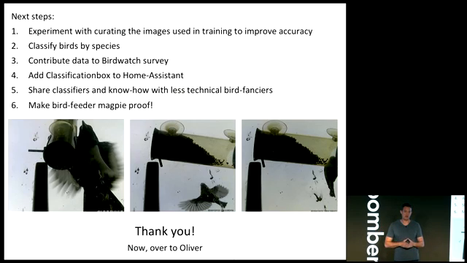Finally, I need to make my bird feeder magpie proof, because I've had a real problem recently. Magpie has discovered that it's too big to actually get on the bird feeder. So what it does, it clings on with one leg and sort of scrapes up the window with the other leg and starts pecking away through the hole to get the food. And it's actually ripped the bird feeder off the window several times now, and it has a hole in it.